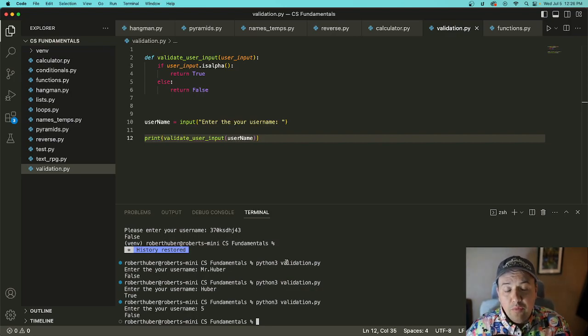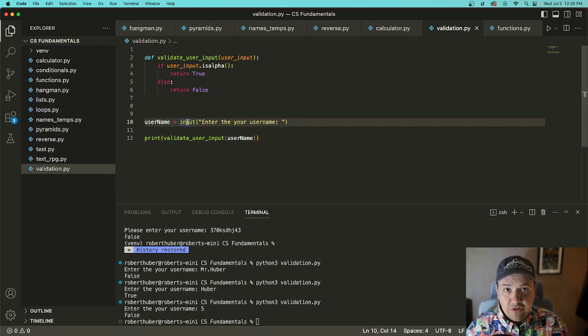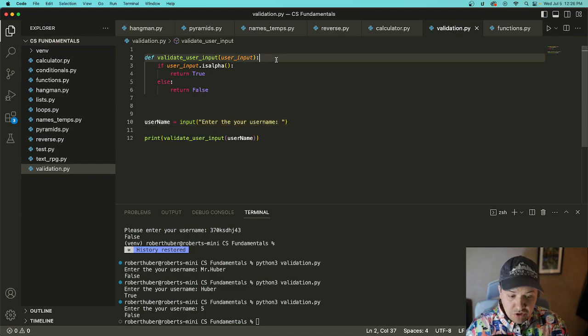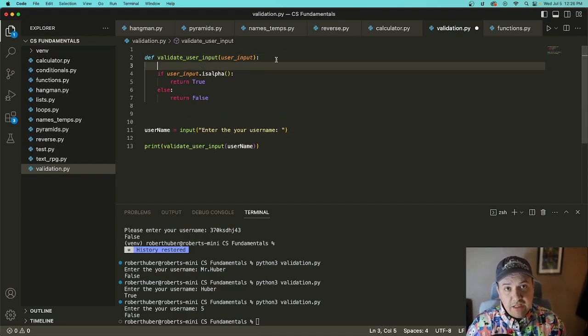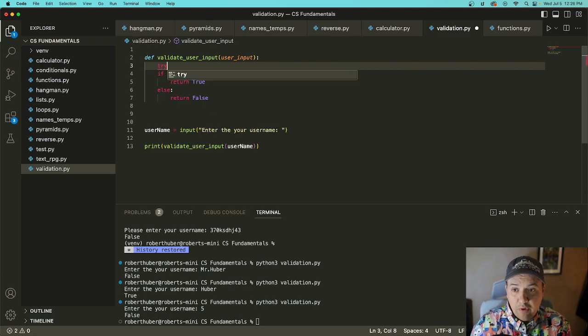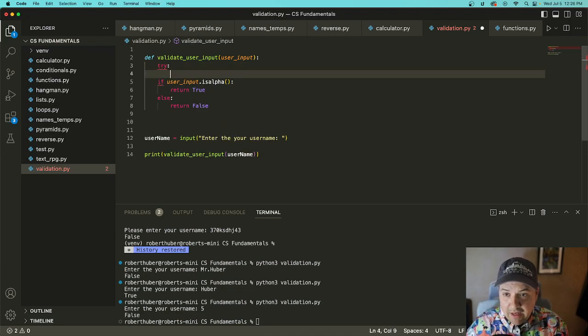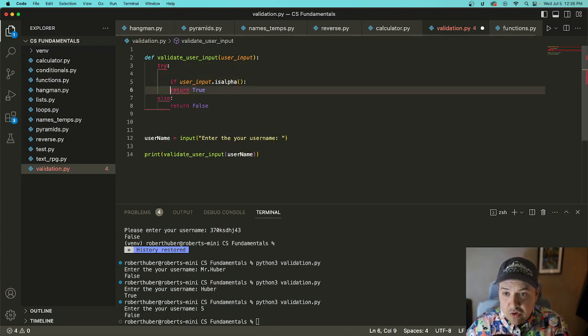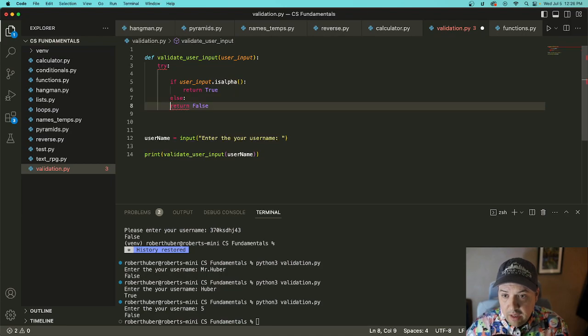Now, we know that when we call the input function, it's always going to return some version of a string. But it might not always return letters. There might be some other error that we have to deal with. So it might not be a bad idea to go ahead and change this into something that we know we can work with as a string. What I mean by that is it might not be a bad idea to go ahead and use a try block here and in your code,